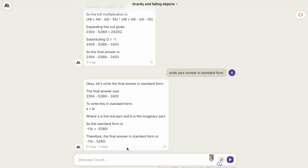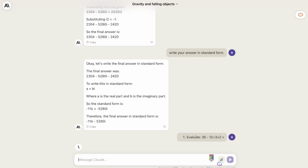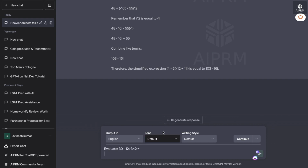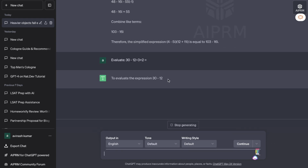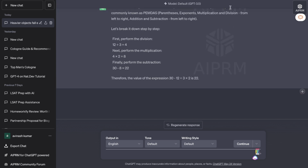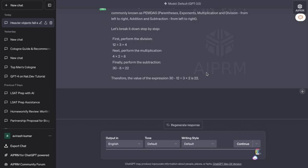So now let's go ahead and test out the math skills of both Claude and ChatGPT. So I'll be pasting in some intermediate math questions to see if we're able to get the right answers from both of these chat boxes. So these are going to be not too complex, because sometimes if it's too complex, we're not able to get the right answers. For the first equation, the answer is 22 from Claude and also 22 from ChatGPT, which is